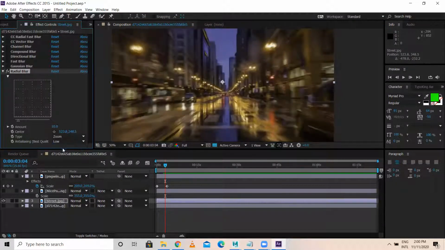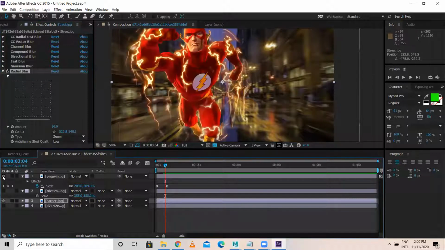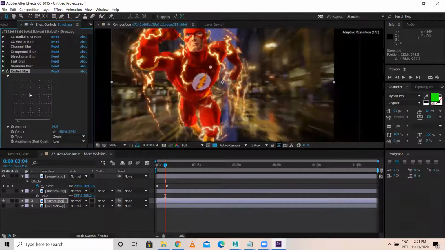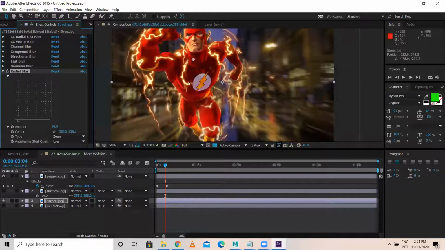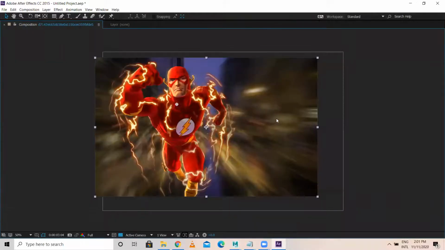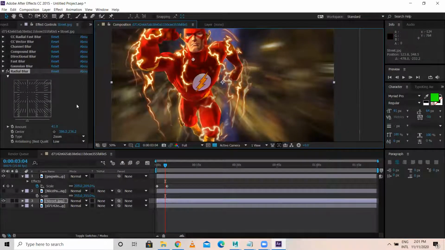Now, spin or zoom. This is zoom. When you zoom in, you can use this for the flash also. From this particular area, you can place this over here, so the movement is like this. The amount also you can increase. See, this helps, for example, if you are doing a poster, this is good. Easily you can create. This looks solid. Okay, got it? Any doubt?